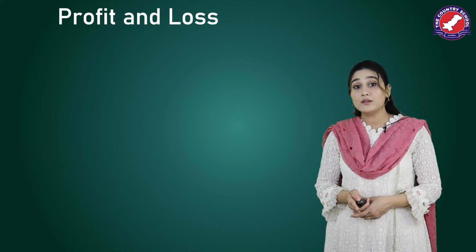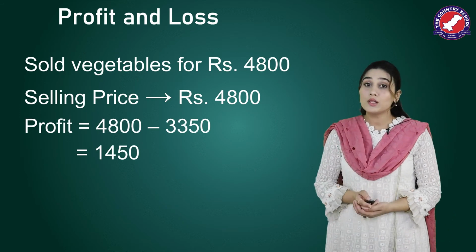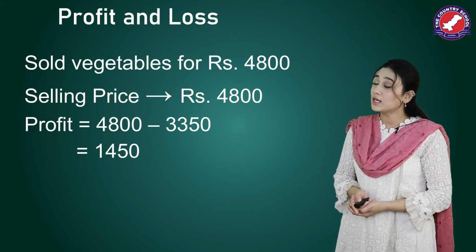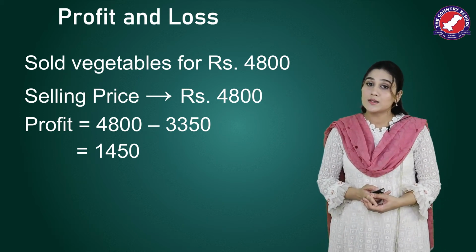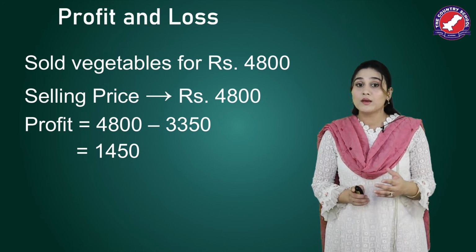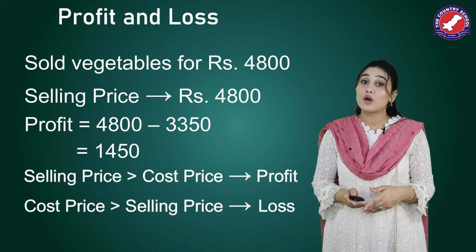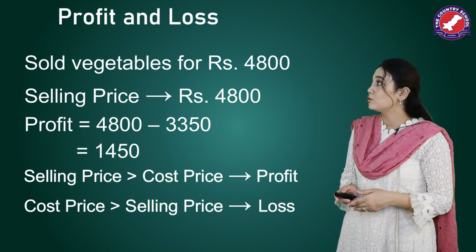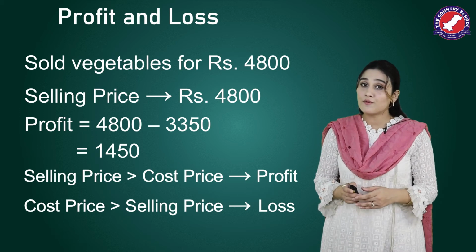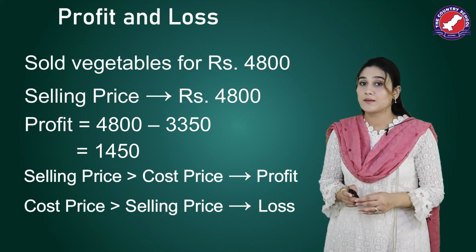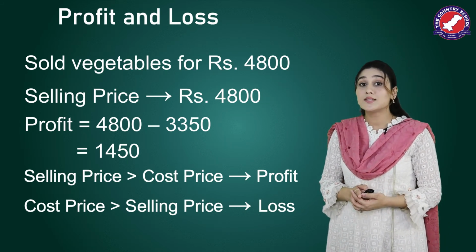Now let's calculate the earnings. What did he earn? We know that he sold all the vegetables for ₹4,800. So we know that this is his earnings. Now when we compare the earnings with expenses, we know if we have profit or loss from our sales. All his expenses, everything he paid for, was the cost price, and this is the amount he got from selling is selling price.